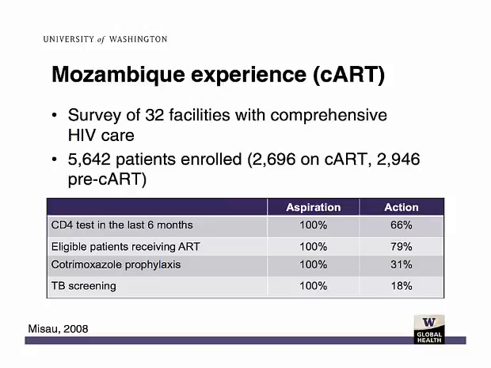And you see similar patterns as in the U.S., where evidence of a CD4 test in the patient files in the 6 months prior to the study was only found in less than 66% of patients, and only 79% of patients who were eligible for initiating antiretroviral therapy had evidence of initiating antiretroviral therapy. And we fell much shorter in terms of cotrimoxazole prophylaxis as well as tuberculosis screening. Now again, this could be a question of resources. I think something else is going on.